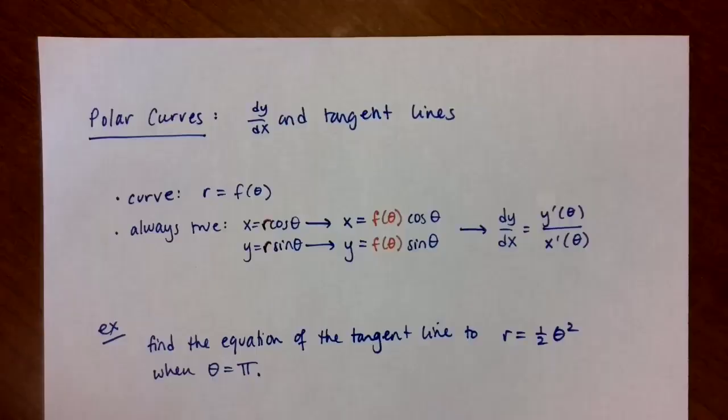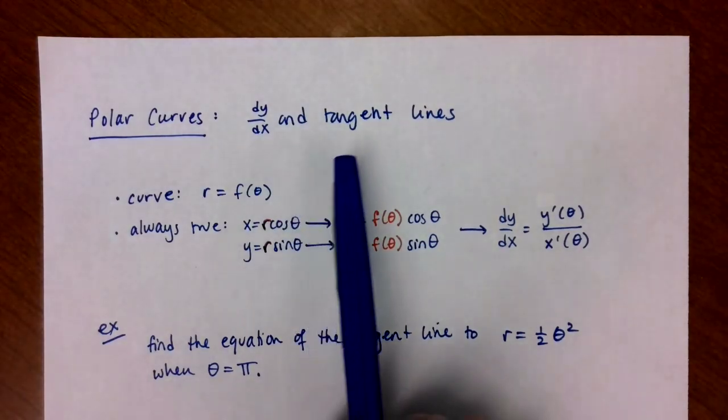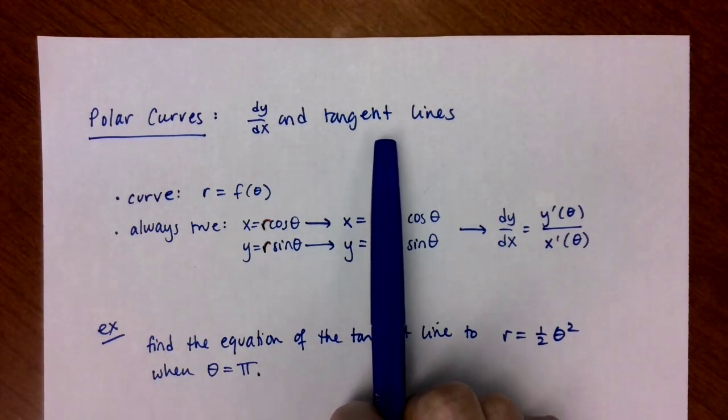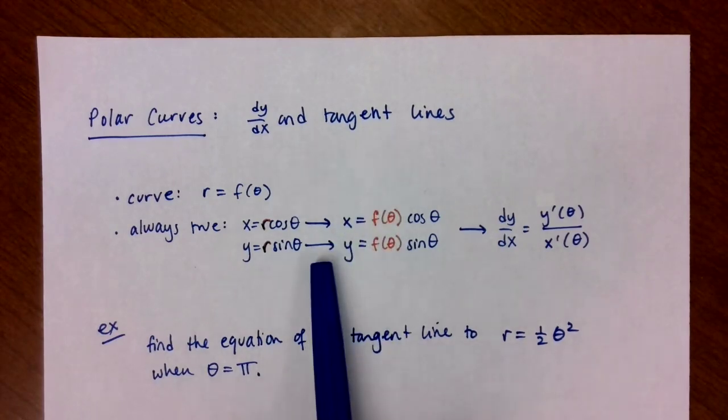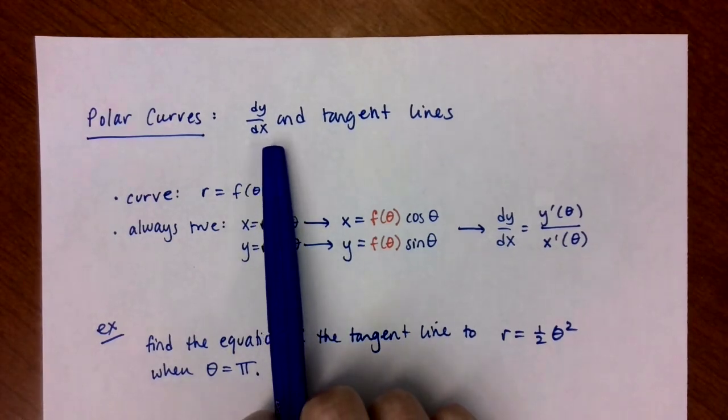Let's talk about polar curves. Specifically in this video, we'll talk about the slope of the tangent line to a polar curve and also the equation of the whole line. All right, so first we have a formula for computing dy/dx, so the slope of the tangent line